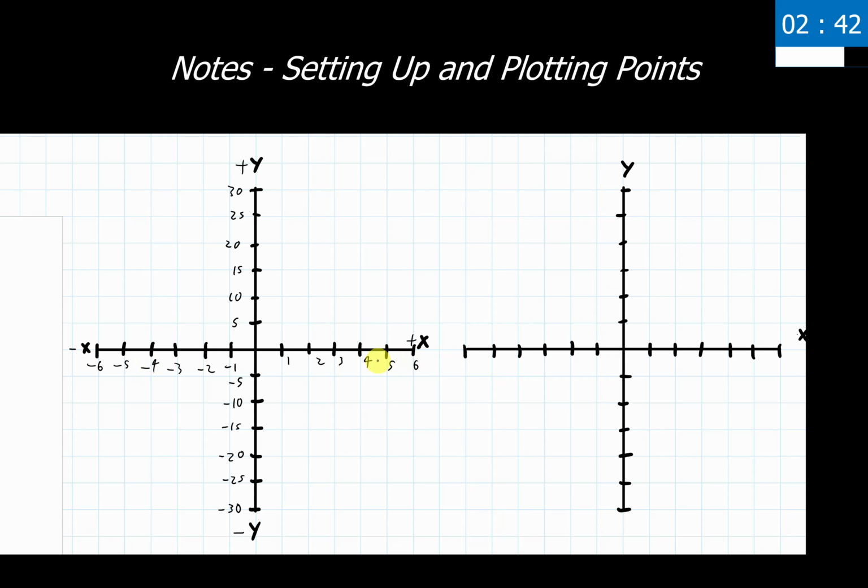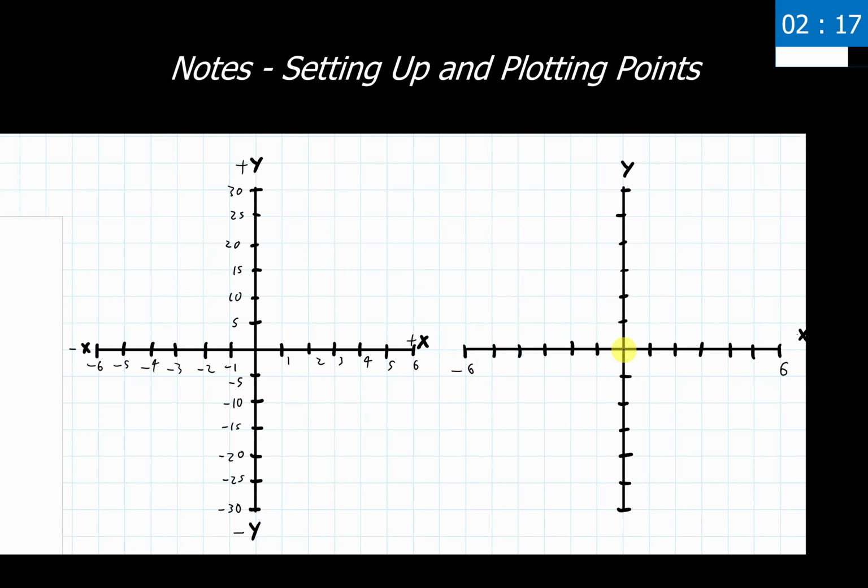The only difference that I'm going to do is I'm not going to write it out for every single tick mark. Maybe you're looking at this going, this gets really busy and I don't feel like I'm going to have enough space to write and graph things out accordingly. Fair enough, there's nothing wrong with that. So instead, I'm going to count out 1, 2, 3, 4, 5, 6. So I'm going to have 6 in the positive direction, and 1, 2, 3, 4, 5, 6 in the negative direction.